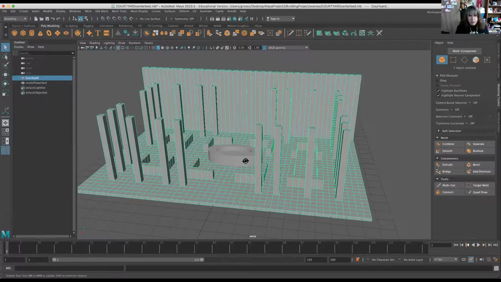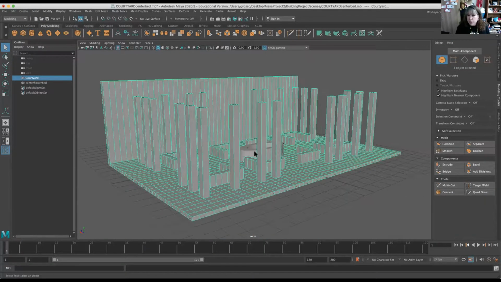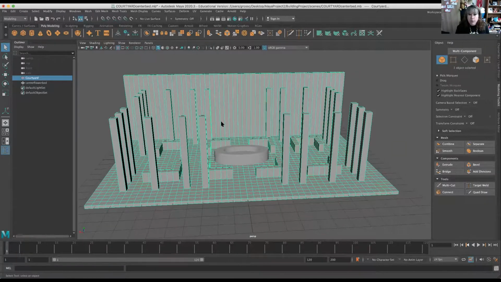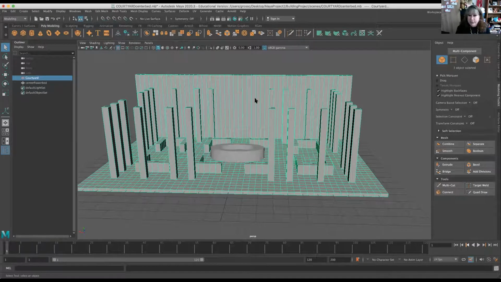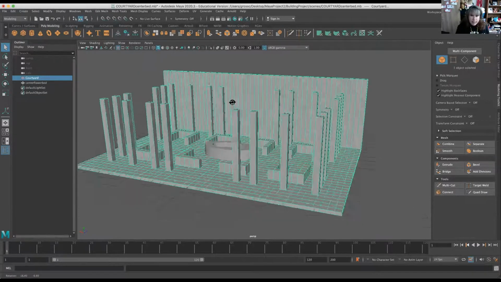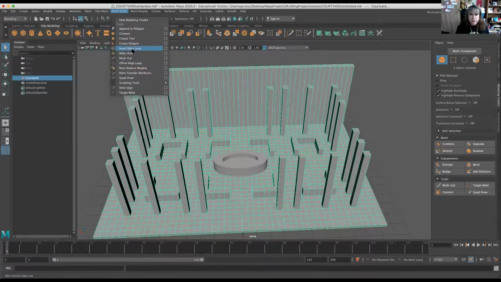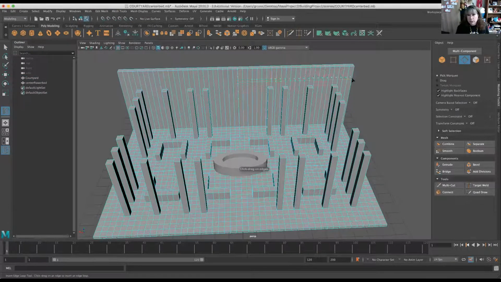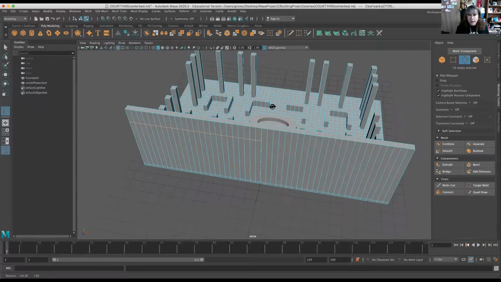When I go back to Maya, I need to see what needs to be window and what needs to be floor. Now, in one of the previous Hypershade videos, I showed you how to make windows. I am going to show that here, but I'm going to make a little bit of the details just to give you an idea for anybody wanting to do. Now, I have to be careful because right now, if I make a cut using the mesh tool edge loop, it's going to cut around right there. And that's going to be fine, but it's not going to be all the way around. It is not going to get my